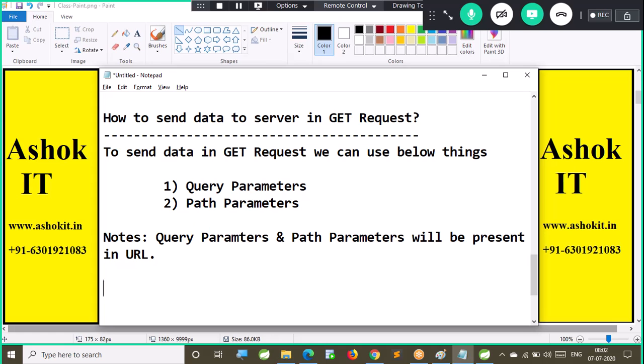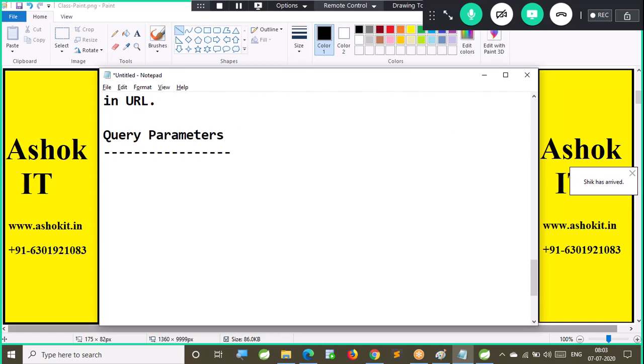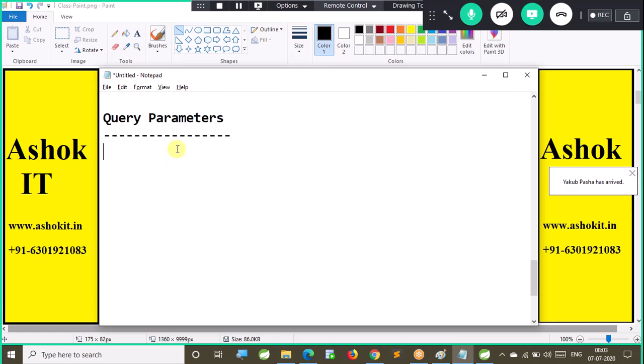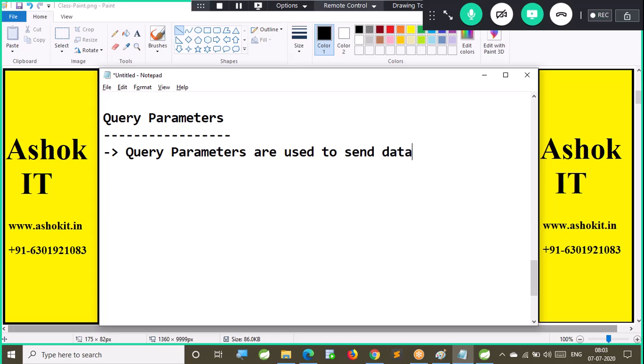Now, let's talk about query parameters first. What are query parameters? You might have already discussed it in Spring, or when you learned servlets, you have gone through query parameters. Let's see once again. Query parameters are used to send data from client to server in the URL.